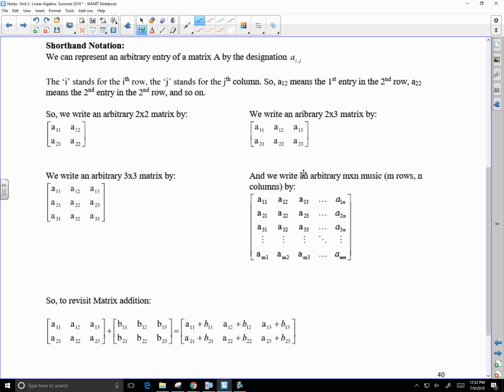All right, so we have the ij notation, so the ith row and the jth column. So the 1, 2 is first row, second column. As long as you understand the naming convention for these things, it becomes pretty easy. That's going to be an organizational strategy that we'll use when deriving something called the determinant, because